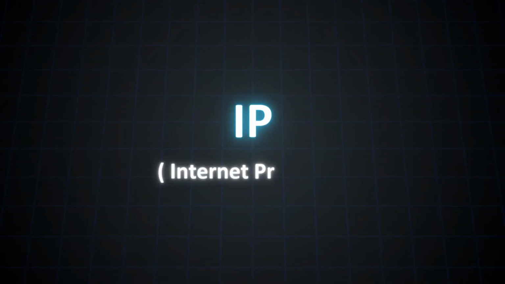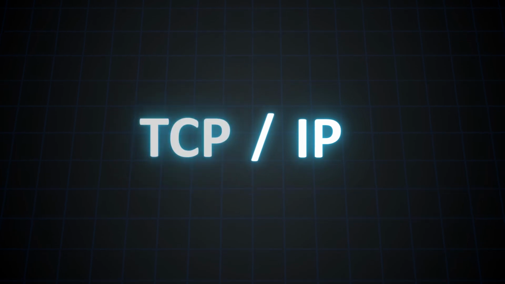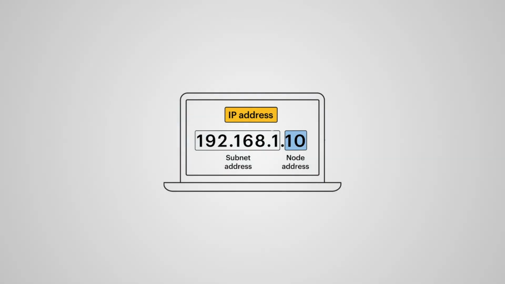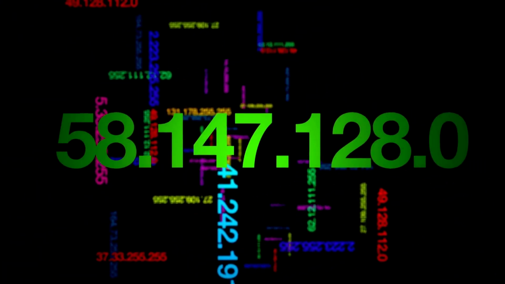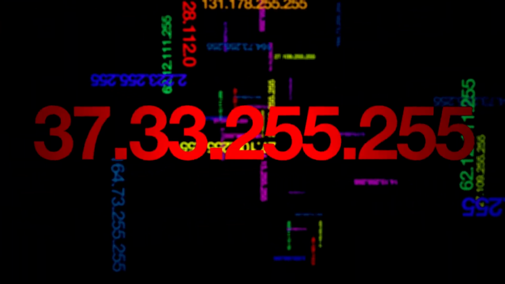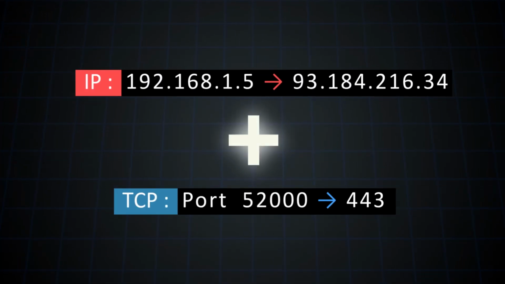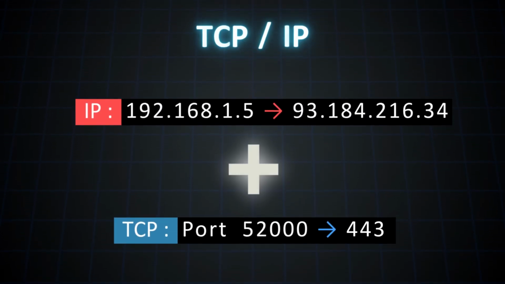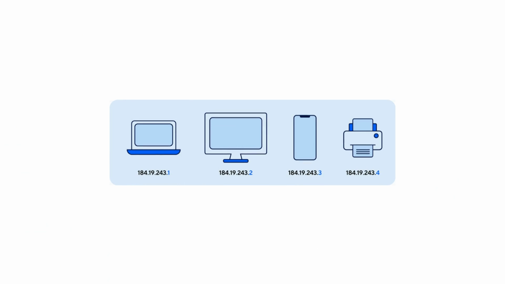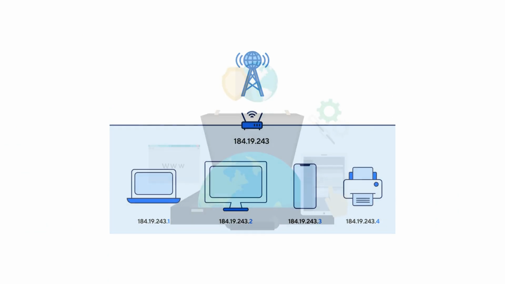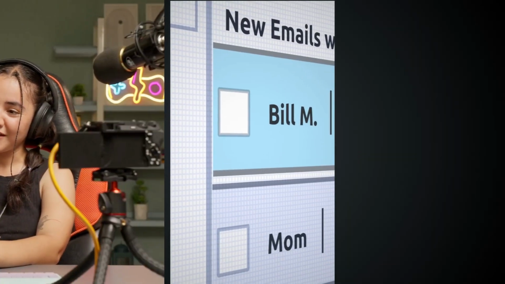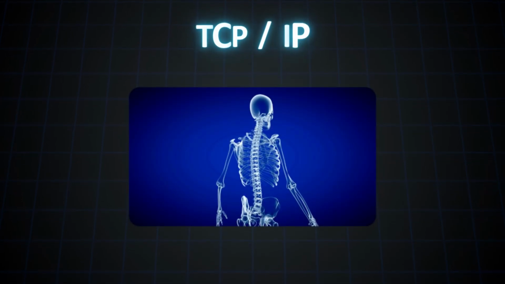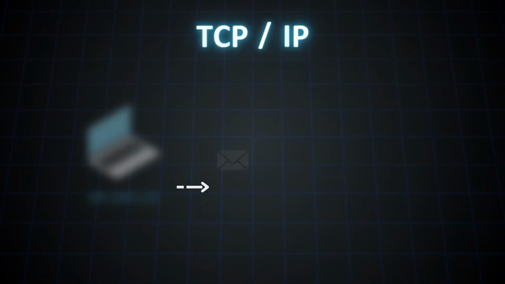IP, Internet Protocol. It works alongside TCP and handles addressing, putting the to and from labels on every packet, so routers and networks know where to send it. IP is what makes sure your data doesn't just float around randomly, but actually reaches the right destination. Together, they form TCP/IP. It's built into every operating system, router, and ISP system, the universal language of the internet. Whether you're streaming video, sending an email, or loading a website, TCP/IP is the backbone moving that data reliably from